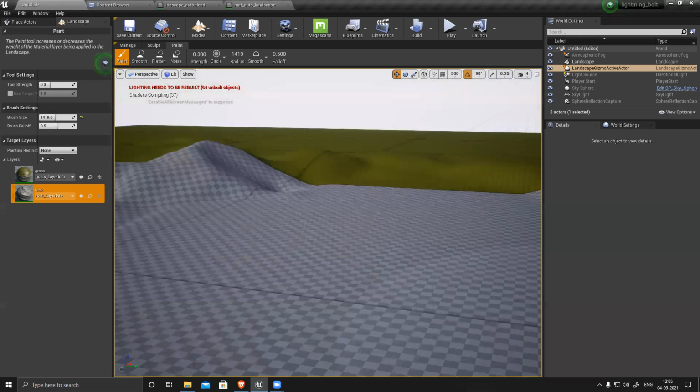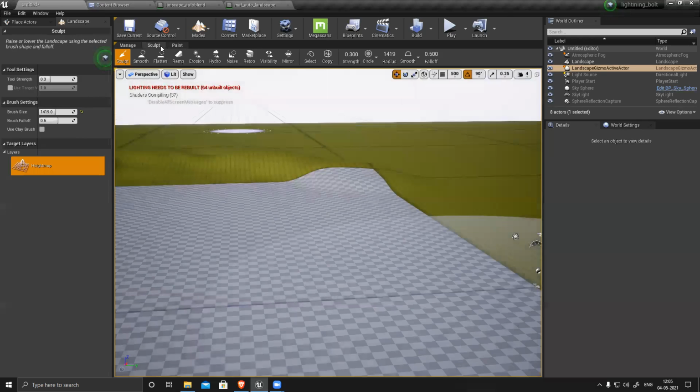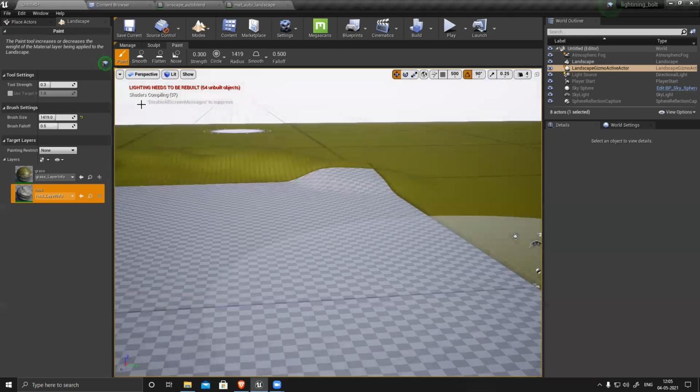You're in paint mode, is it that? If I exit paint mode, it should generate automatically.